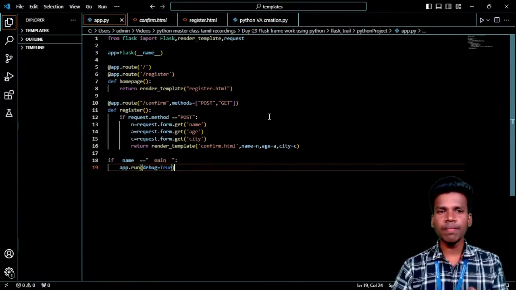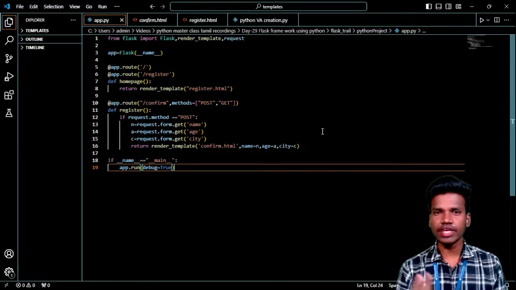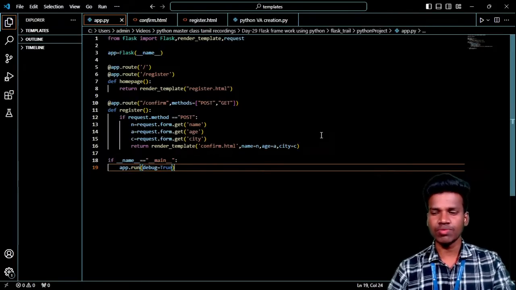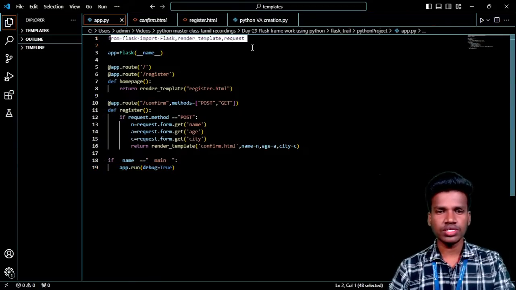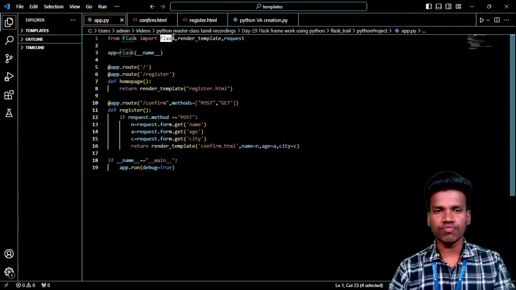So this is a basic and simple example for Flask. Already I told you Flask is a kind of framework for creating web applications, right? I will use a small and very easy example, just the example only. So now I am importing from flask: Flask, render_template, and request.